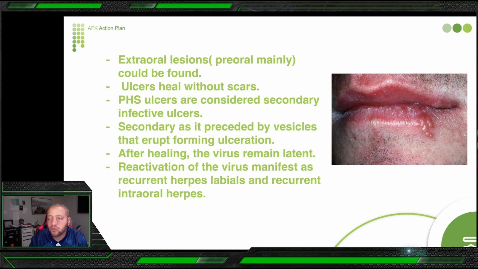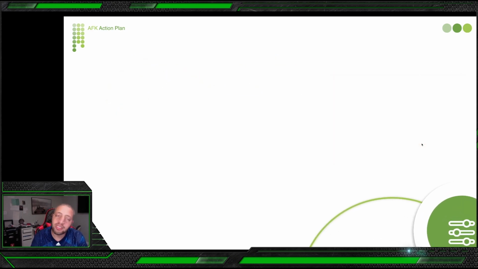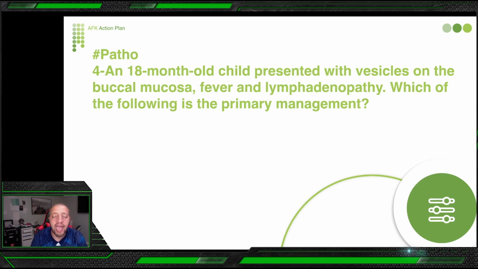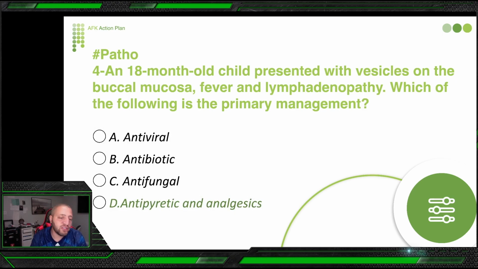And the last thing to differentiate between them, which I don't like because it might happen in both, is that the aphthous ulcer will have a red halo, but sometimes you can see this one, the herpetic ulcer, having a red halo. So the location is important, and the most critical one would be the clinical presentation. If you see vesicles before, it's herpes. No vesicles, it will be aphthous ulcer.